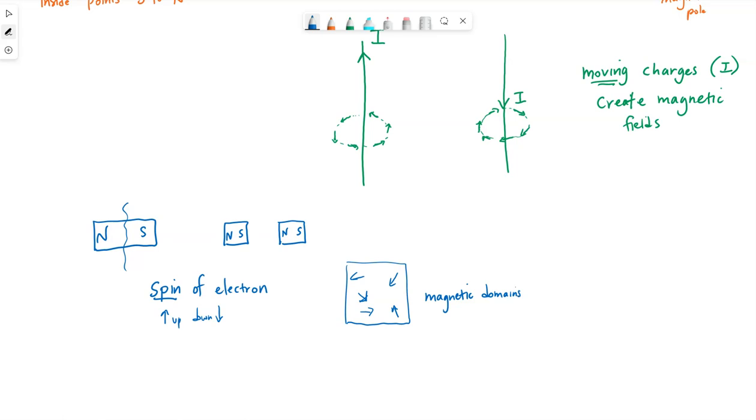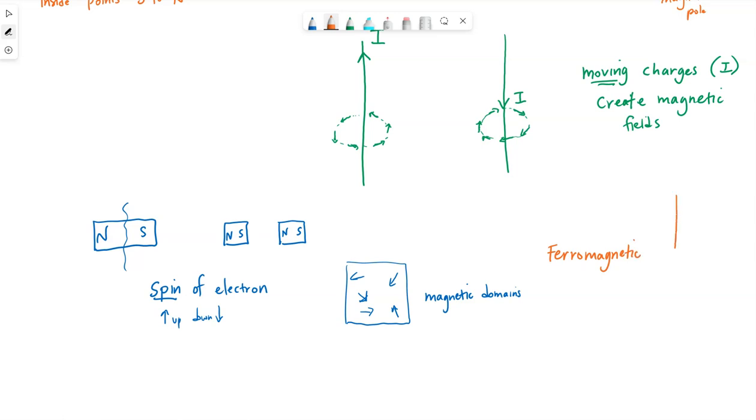This is talked about in the last section of your textbook, but it makes sense to bring it up right now. These magnetic domains are based off of the general spin of the electrons in that region. And in general, these magnetic domains are randomly oriented in a material, which is why most materials are not permanently magnetized to begin with. For materials that are ferromagnetic, meaning they can be magnetized,